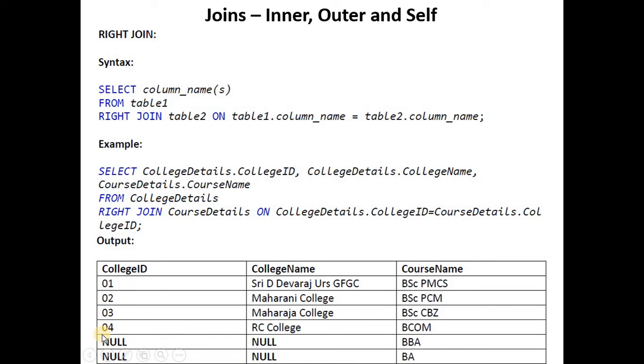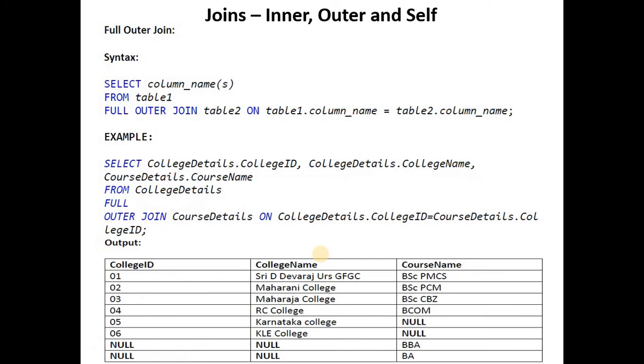The remaining values are put up null here. This is right join. Right join means all the rows from the right, that is second table, would be displayed, and the matching rows from the first table are displayed. Then if there are any rows which are not matched, just put null for them. This is a right join.